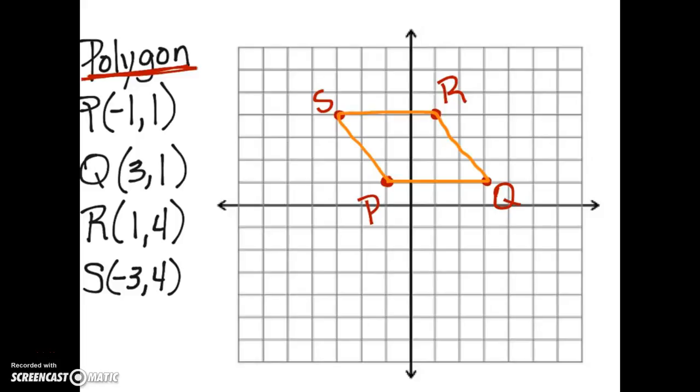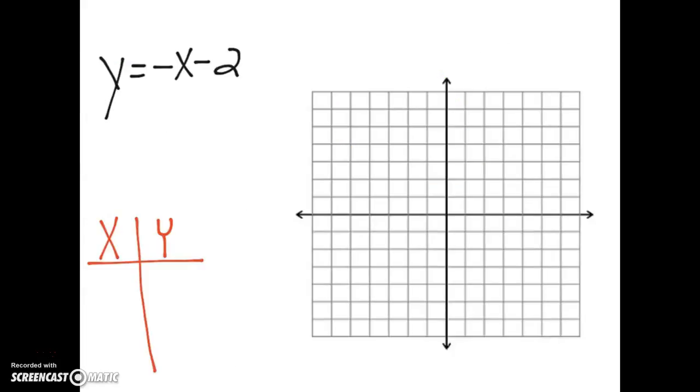Okay, let's look at another example. On here, they want us to graph 4 points that would satisfy this equation. So we're actually going to practice graphing a line. So we have a couple of options on here. They just want 4 points. So if you were reading this question in the book, it would ask you for 4 points that satisfy this